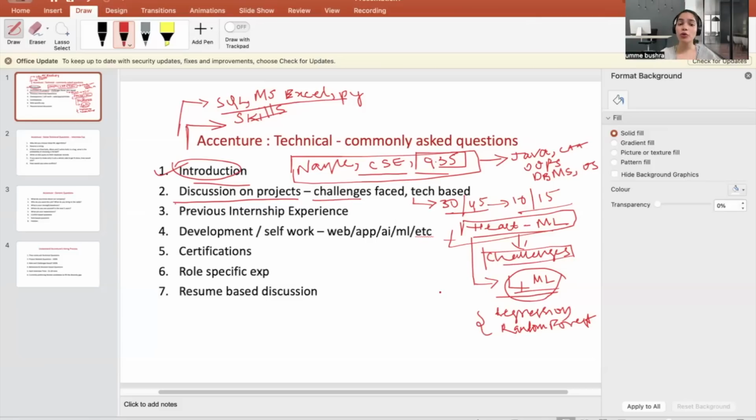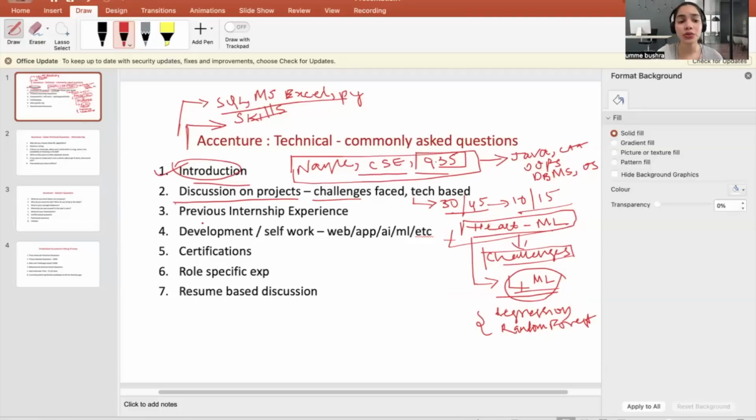For example, say it was really hard for me to coordinate with my teammates. After I tell what my problem was, the right approach is to say that I put in some effort. I tried making them understand that we really have to coordinate with each other to deliver the project well. And after I did that, we were able to coordinate and deliver the project, the PPT, really well.